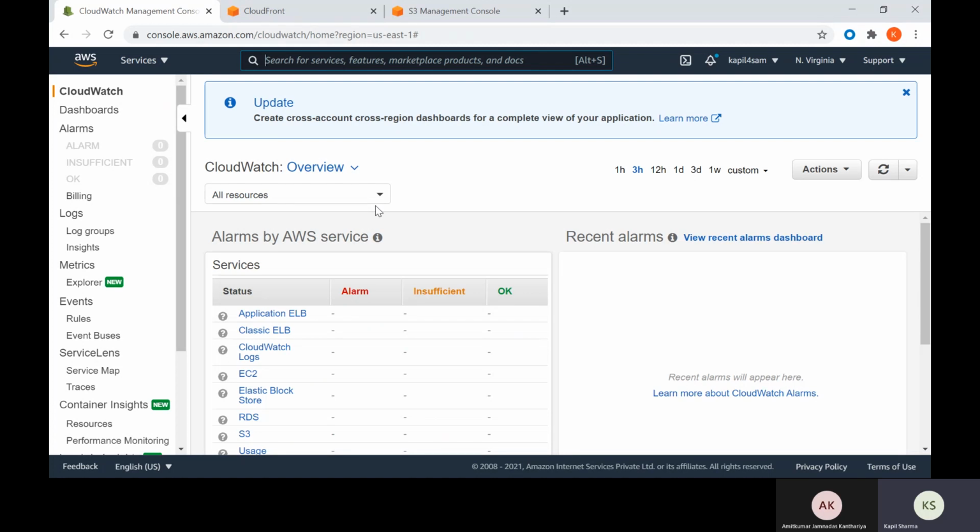You can enable detailed monitoring. Whenever you want to, you can go and enable that.